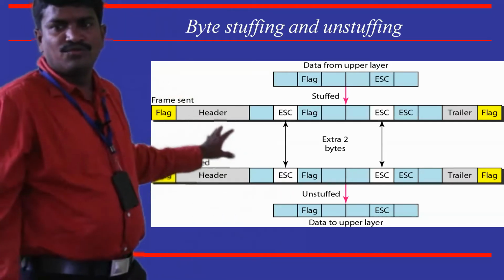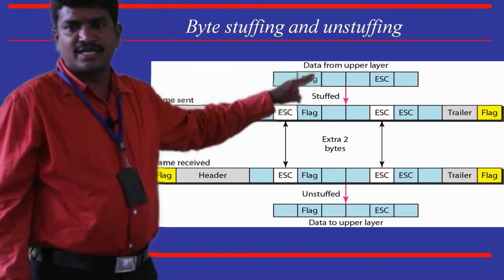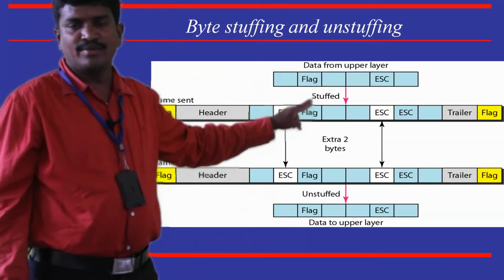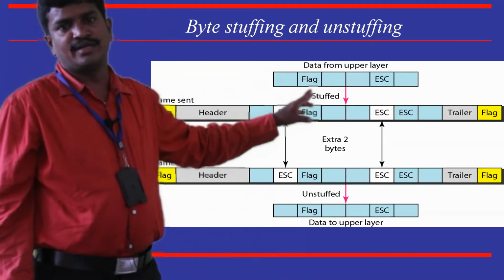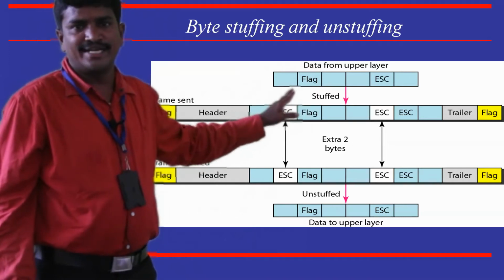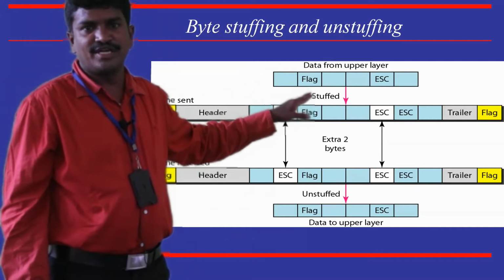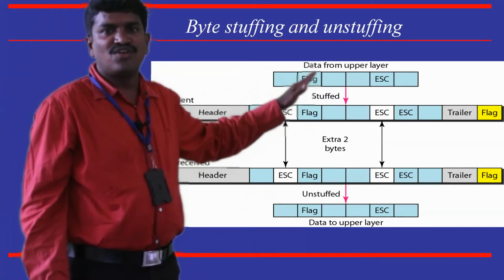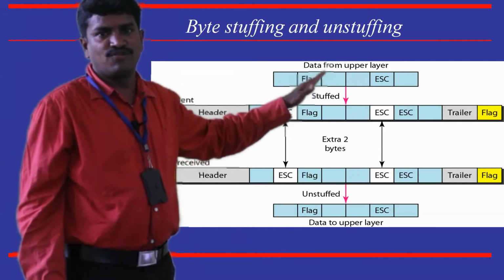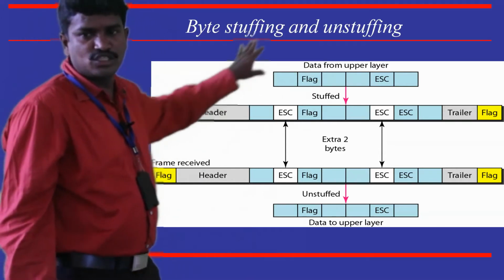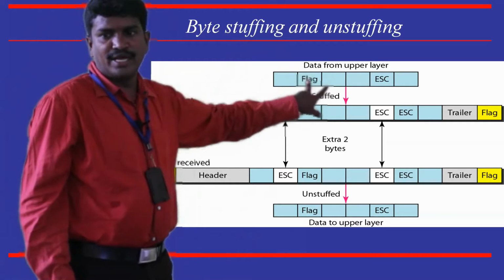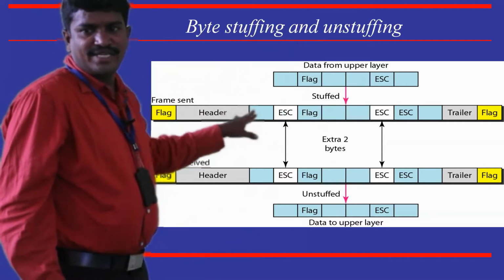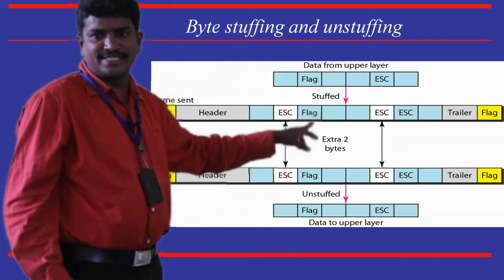So now when the flag appears as part of the data, in order to avoid it being treated as the end of the frame, the sender should send the data in such a way that an additional byte is added before the flag in the data. If you observe this example, we have this data, flag and escape. So whenever there is a flag in the data, it is preceded by